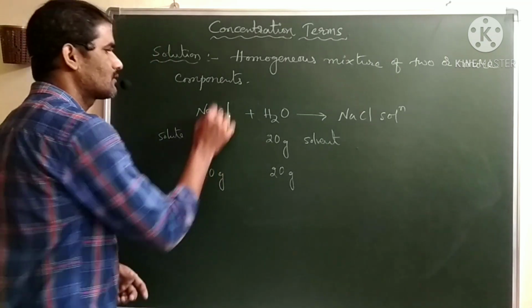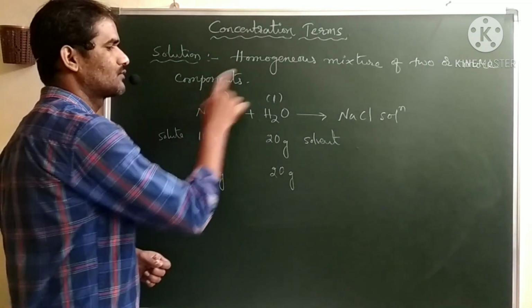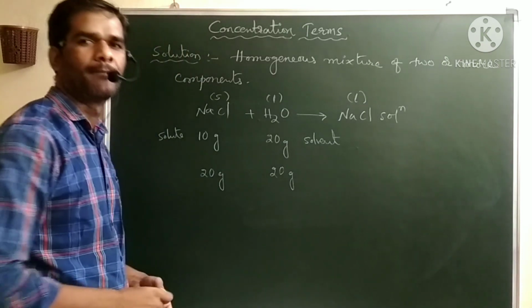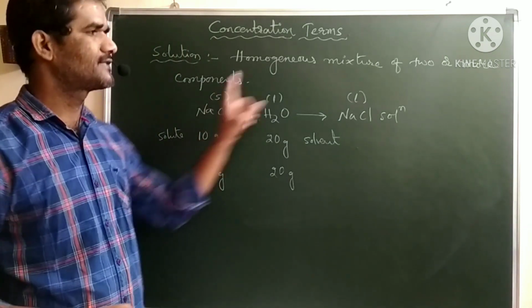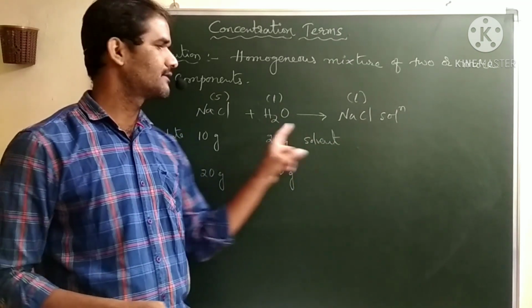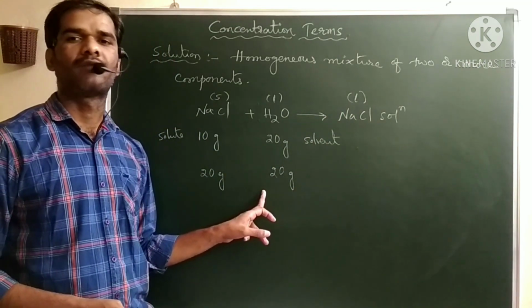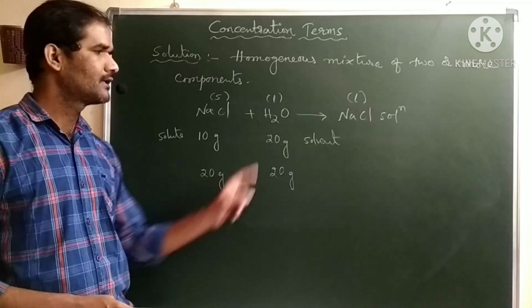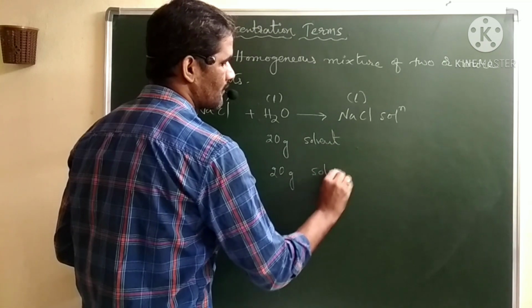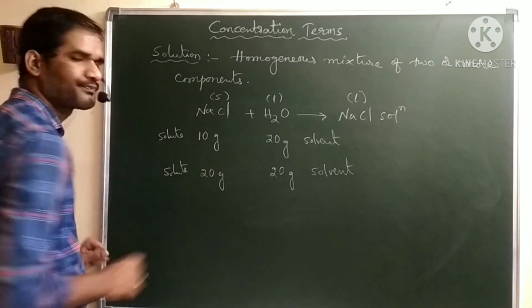Now see, sodium chloride is a solid, water is a liquid. When we add sodium chloride to the water, we get sodium chloride solution, which is again in the liquid form. The solid is changing its phase, its physical state, but water is not changing. The physical state of water is retained. Now we can say here water is the solvent, not sodium chloride. Why? Here the physical state remains constant. So this is the solvent, and sodium chloride is the solute.